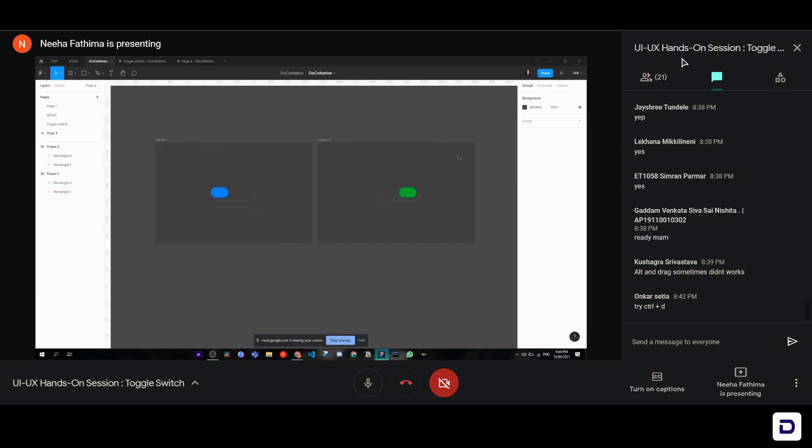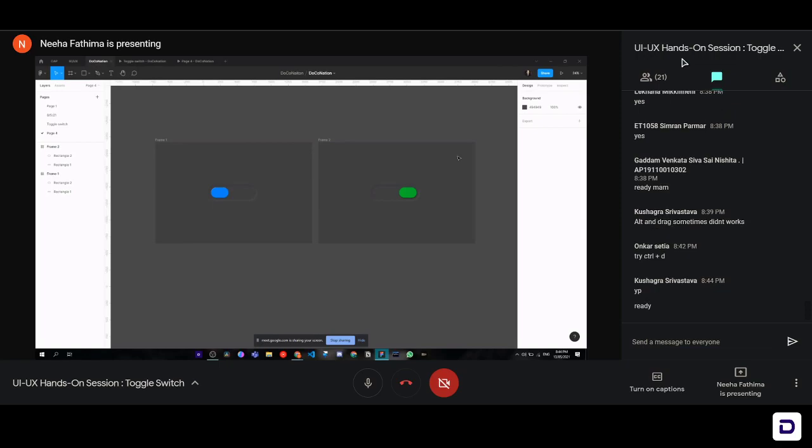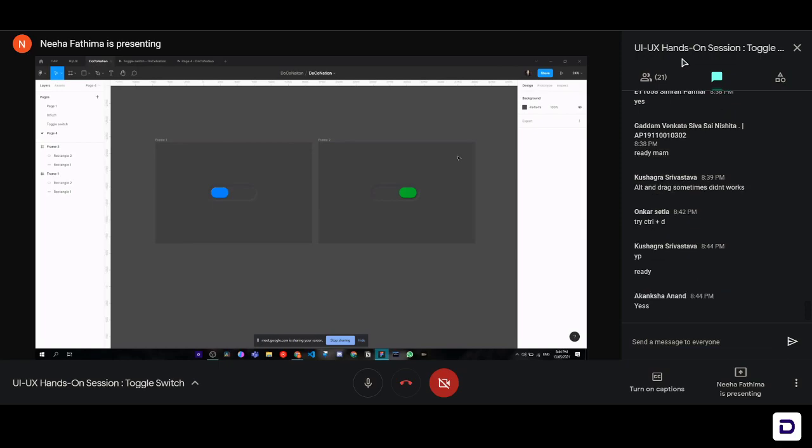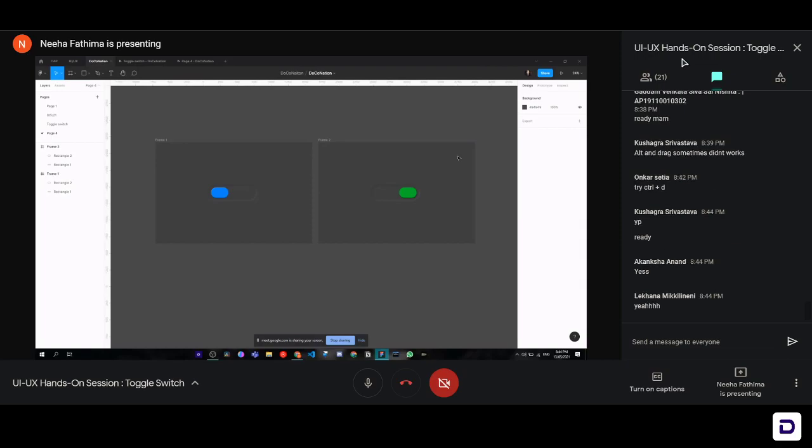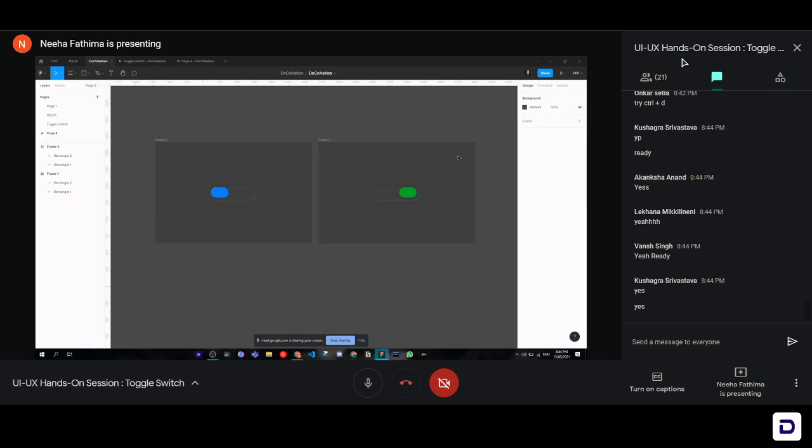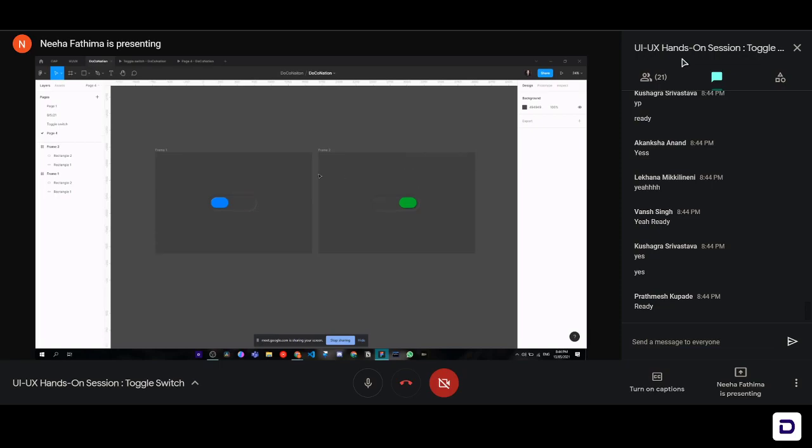So are you guys ready for the animation part? So this is it, guys. This is the last part, the easiest part, the main part of this toggle switch animation. So if you're ready, type yes in the chat box. If you're with me at this point, let's start animating and get on with it. Okay, Kushagra is ready. Kanksha is ready. Amazing. Okay, let me see a few more yeses so that we can move on with the animation. Okay, great. Once is ready. Okay, great. So let's get started with the animation.